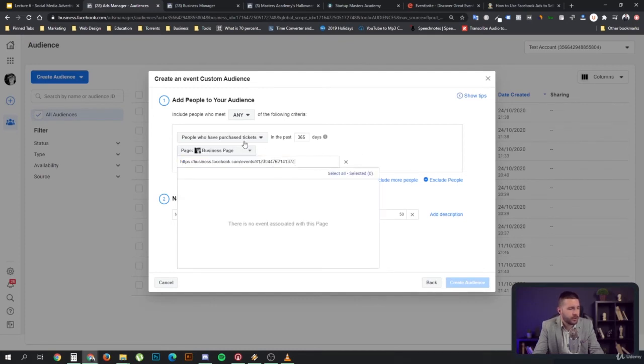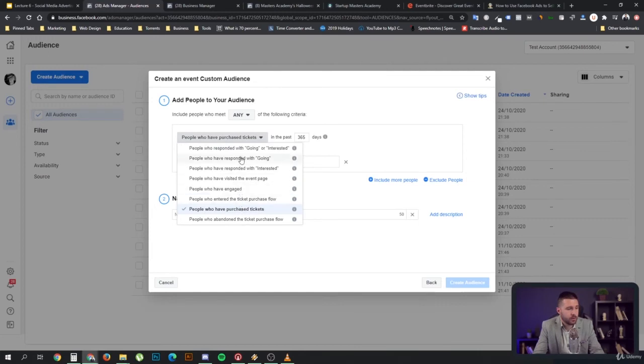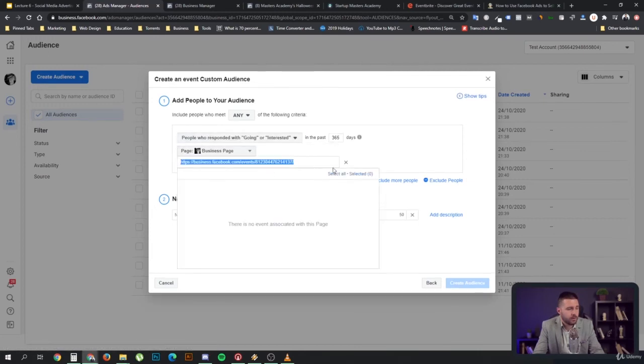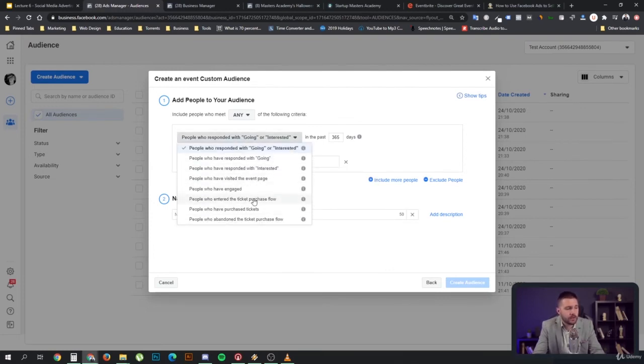Generally, these pop up over here. And since we don't have anyone who purchased anything for that event, you can select your events over here, and then you can choose one of these options to create very, very interesting audiences. You can also